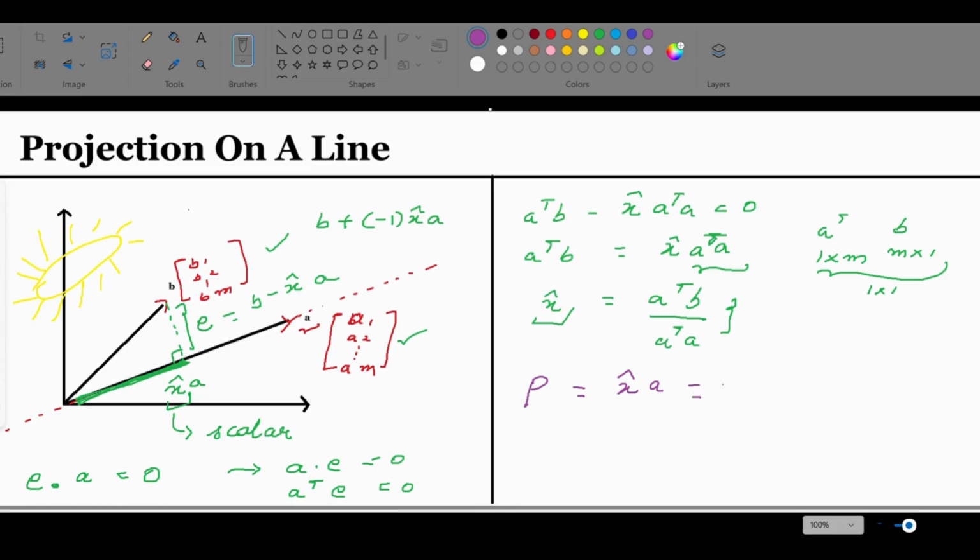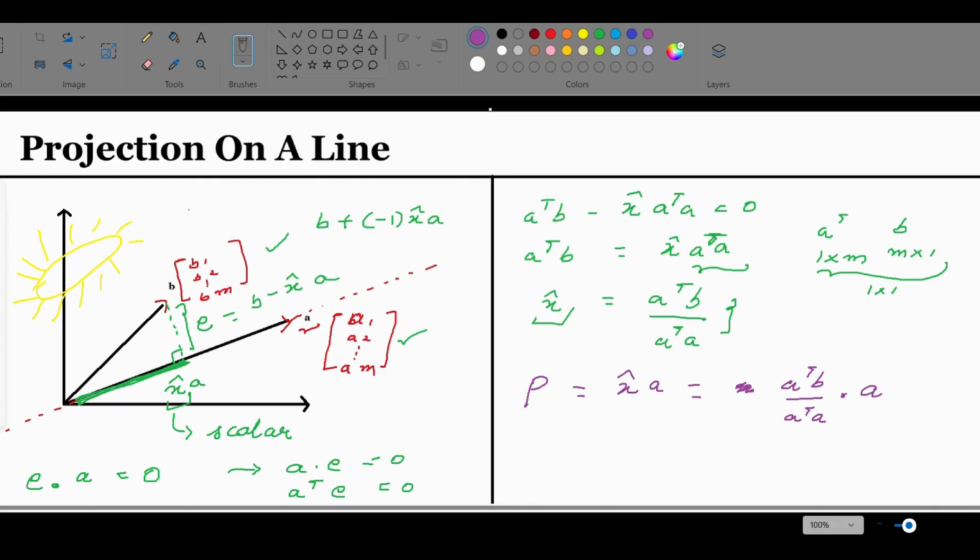And it can be rewritten as A transpose B divided by A transpose A, times A. A is the direction over here, while A transpose B divided by A transpose A is the magnitude. And this over here is not the dot product sign, it's just a times sign. And that's it. We've reached where we wanted to reach. We initially wanted to understand what this projection of B is, what that vector is, and we've found it out. Also, something you'll notice is that as long as you have vector A and vector B, it's easy to find out what the projection magnitude would be.